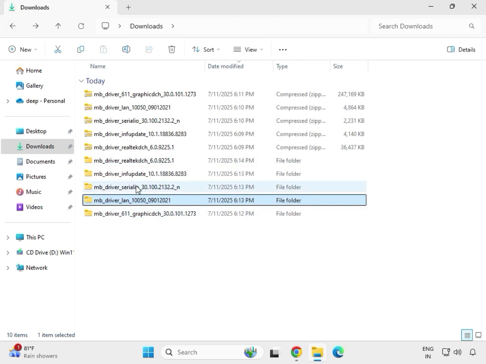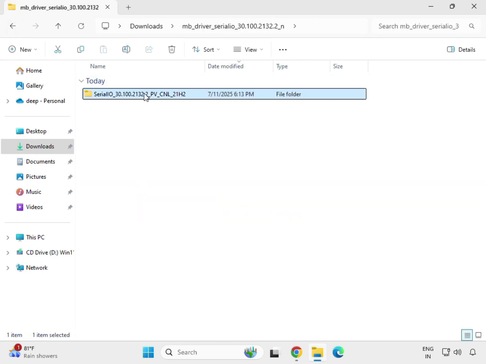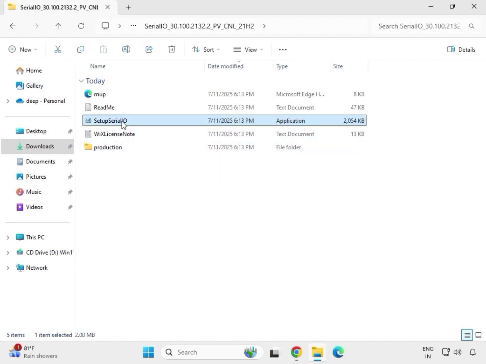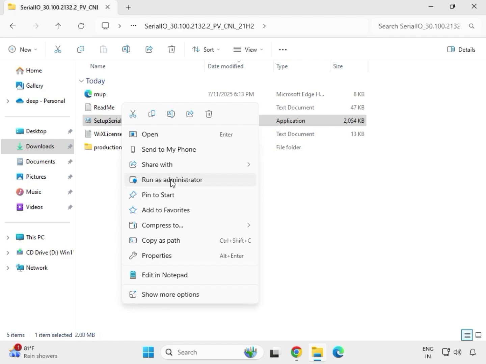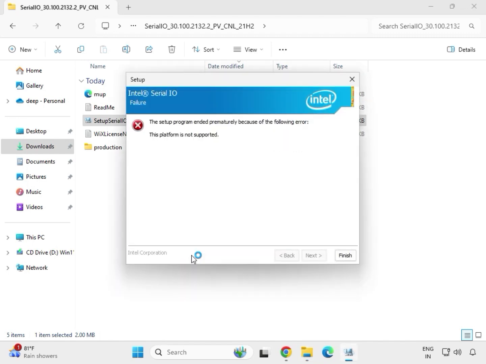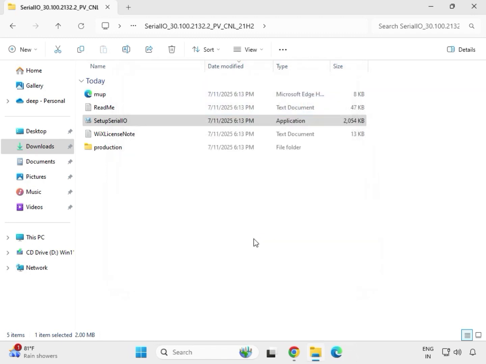Then next, the chipset driver. So find setup, just right click to run as administrator, then click on yes, then next to install, finish. Okay,